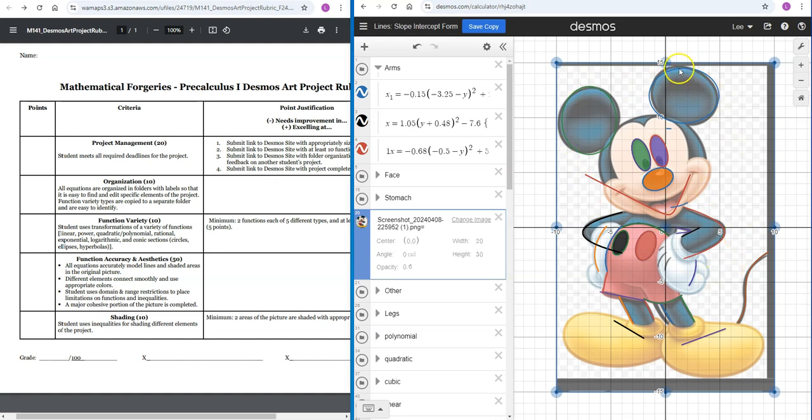So I would say if you have a picture like this that you're wanting to do, start with maybe just the head. Try to do all of the head before going on to some of the other pieces. So get all of the head done, and then maybe try the arms and the hands, and then try the body, or start from your feet, work your way up, that sort of thing. So it's fine if you have a picture that you're not going to do the whole thing, as long as that's your plan from the